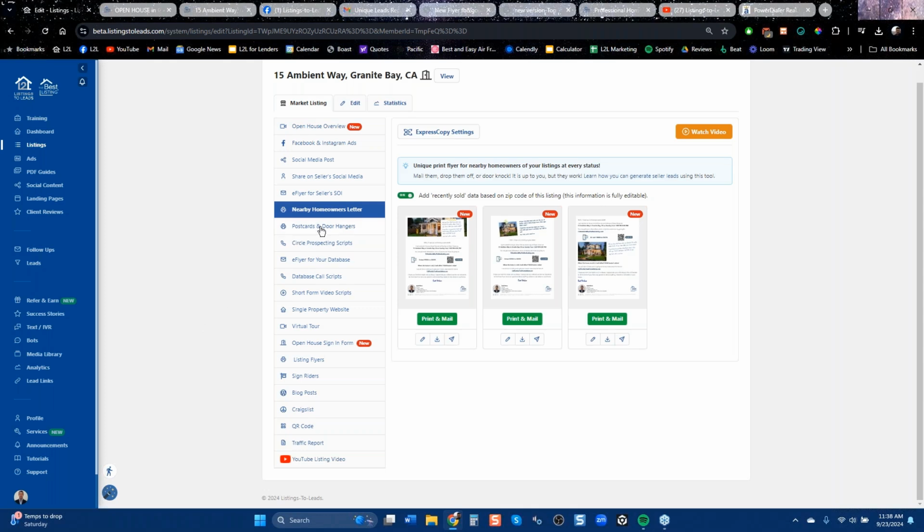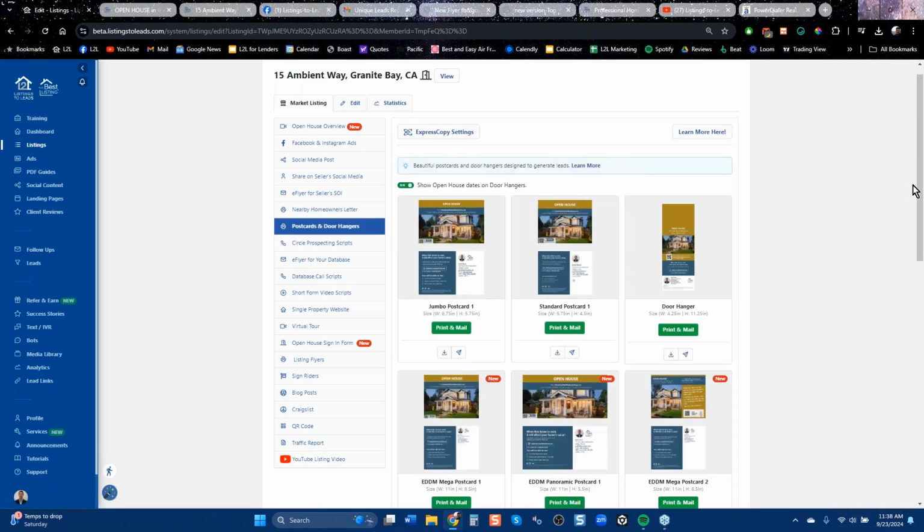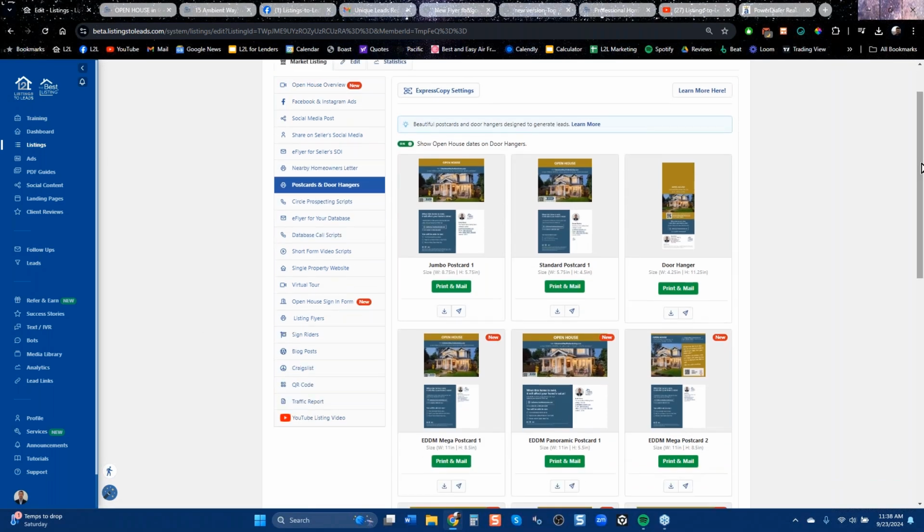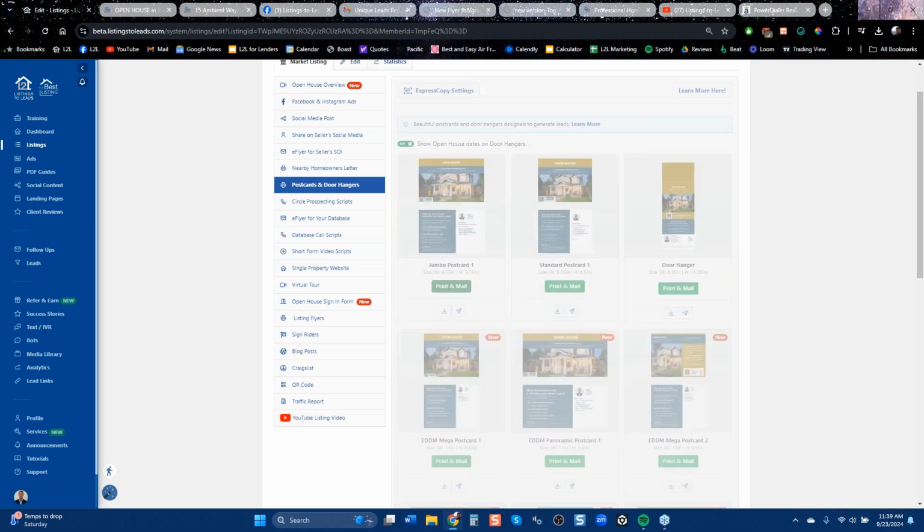So that's listing. We have postcards, door hangers. We have a printer express copy, which will mail to people with equity. If you don't want to buy that list, they have the national database of all people that are homeowners. And if you say, hey, I want to do a just sold postcard to everybody with more than 6 years equity, which is their default setting in a 1 or 2 mile radius, we make it super easy. Look how easy it is. This is an open house, so it really isn't. You wouldn't want to target homeowners. You could just go wherever.